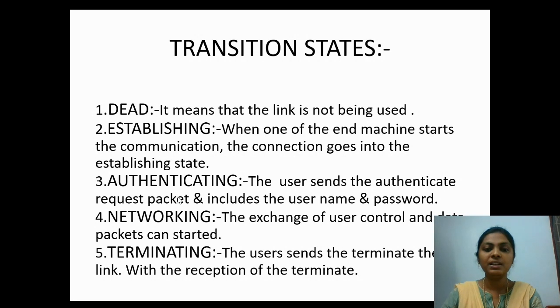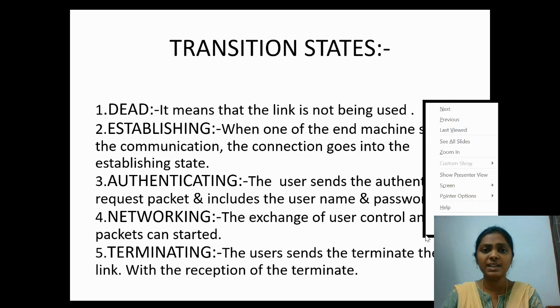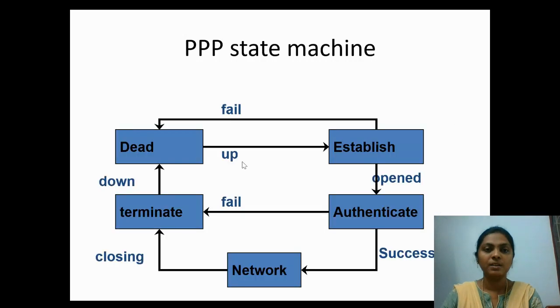And finally, when the user ends the transmission, when the link termination happens, it is said to be in the terminating state. So these are the various states of the PPP protocol. As mentioned in this diagram, these various levels of things are happening